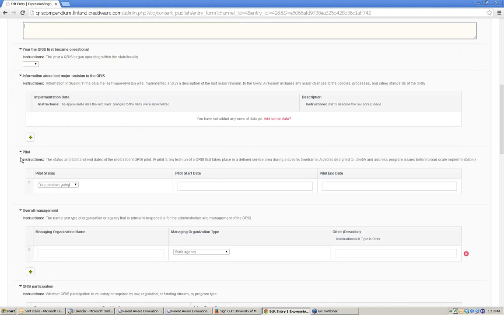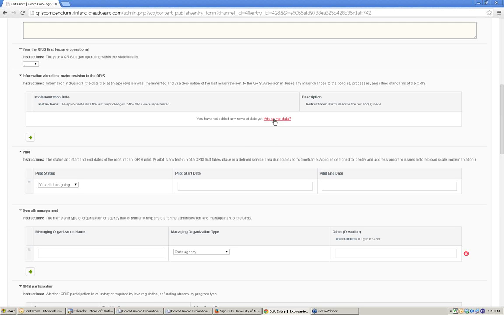Down here you can see the next type of data element, and that's what we call a grid. Now, a grid takes a number of different data elements and questions and groups them together in one sort of table. And there are different types of grids within